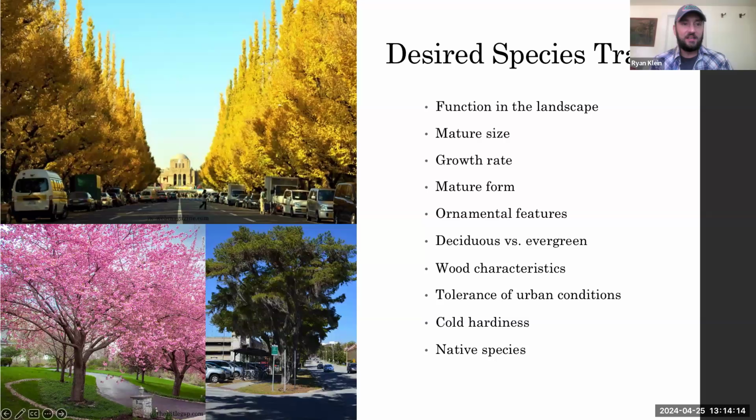The other thing is you want to start out with high quality nursery stock in order to get off on the right foot. As far as different reasons why we plant trees, things from function, for shade, maybe species that are more drought tolerant. Maybe you want something a little bit more fast growing, so we're concerned about the growth rate. Form, whether it be excurrent, that nice central leader, or maybe you want something a little bit bushier, a decurrent form. Wood strength, I think that's important down here for storm resilience, things like that.